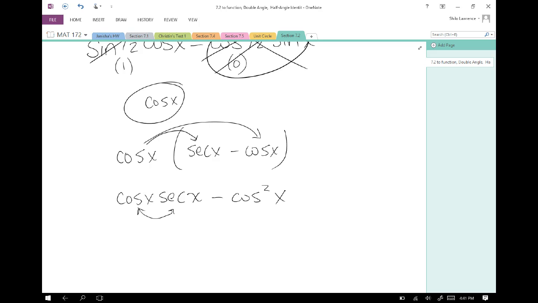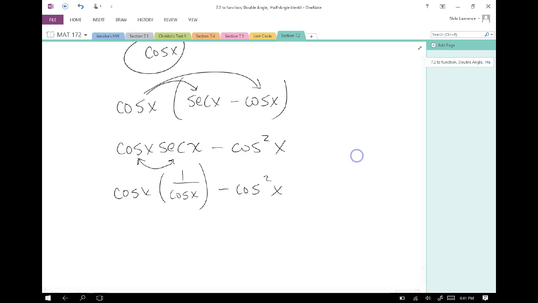So I'm not quite sure what to do with that yet, but I know secant is 1 over cosine. Well, cosine times 1 over cosine, that's cosine over cosine. Well, cosine over cosine is just 1. So this is just 1 minus cosine squared,